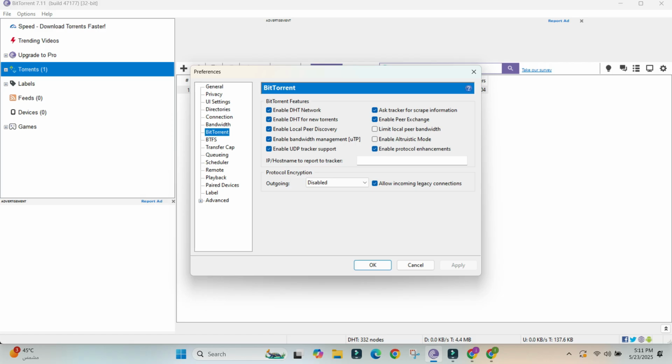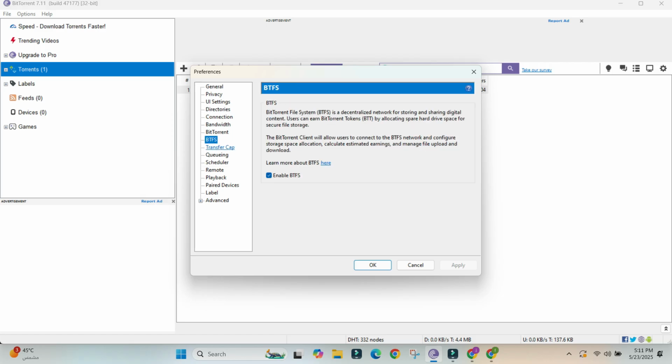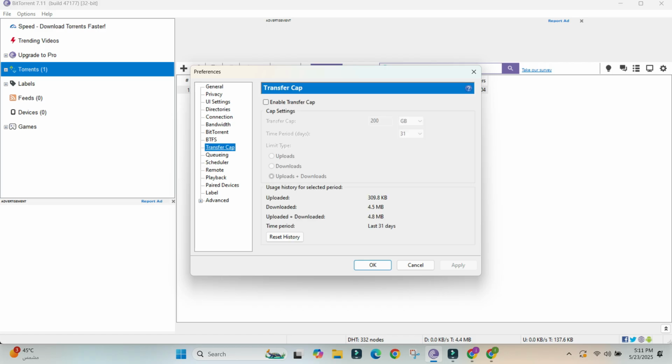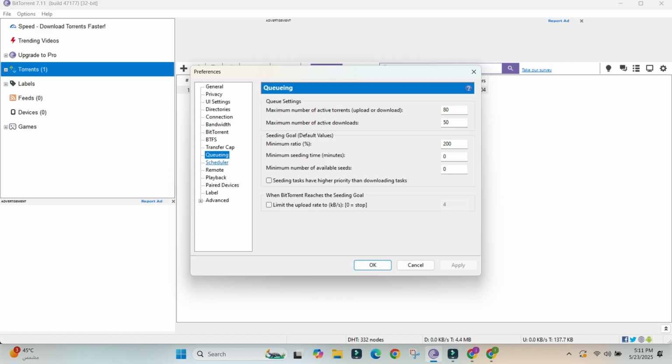Again we will go to the next menu. It is normal, and you can check this setting. Again we go to BitTorrent and then transfer cap. If you have any cap, then you have to uncheck it, and then there is the queue setting. In queue setting, you have to change it accordingly as I am changing here.